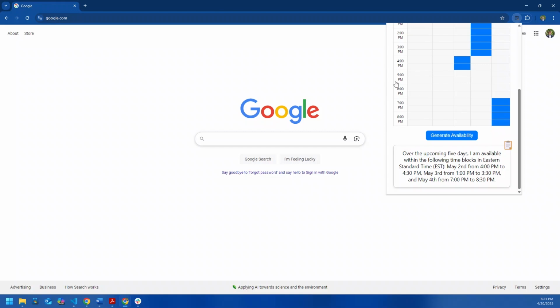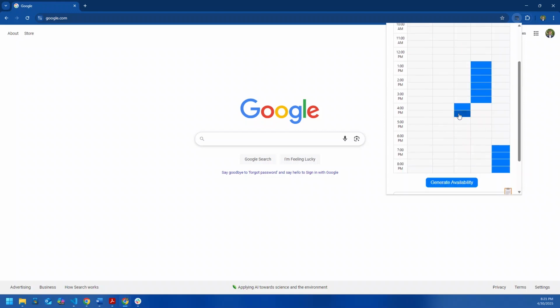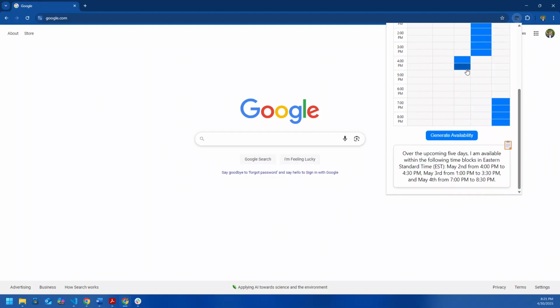So this is actually a common problem that we've been having, that we're working on fixing for the final product. But it sometimes ends all the time blocks half an hour early, which it does here. As you can see, for each of them, it says 4 to 4:30, 1 to 3:30, and 7 to 8:30, instead of 7 to 9, 1 to 4, and 4 to 5. But overall, the prompt is still professional and does its job, and it should be a fairly minor fix to get that